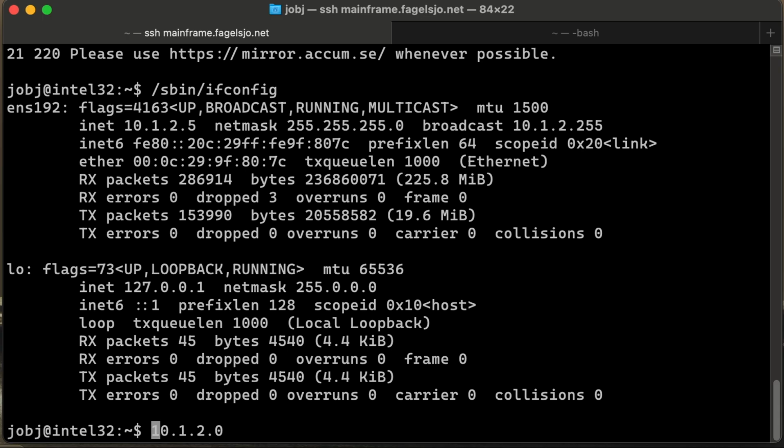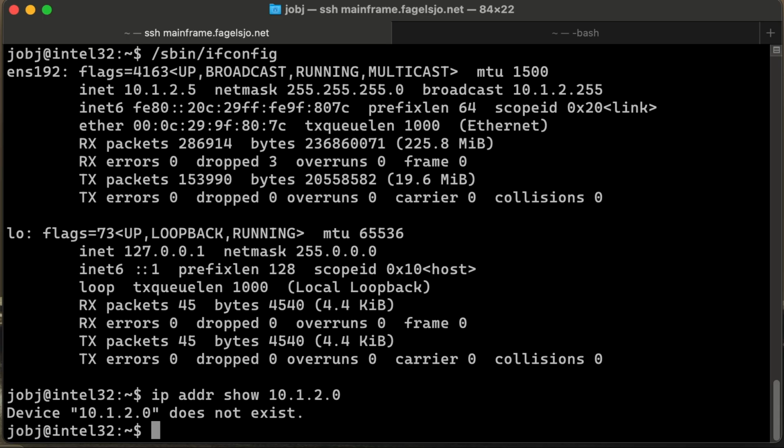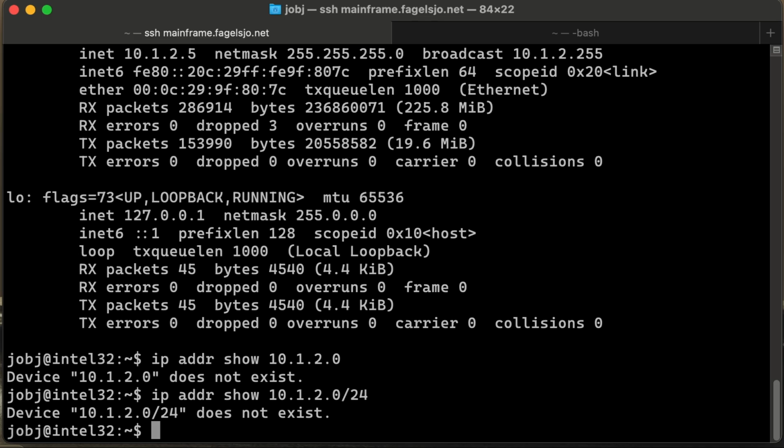And if we run the command ip address show and then this network, perhaps we need the CIDR as well. ip address show device, ip show